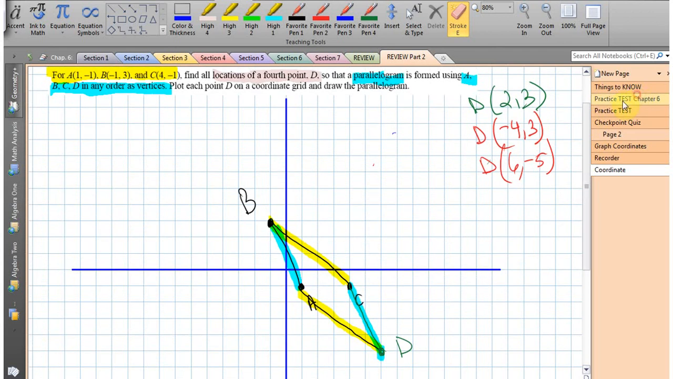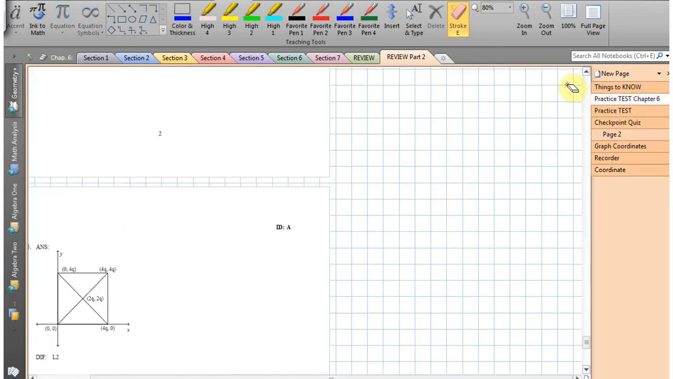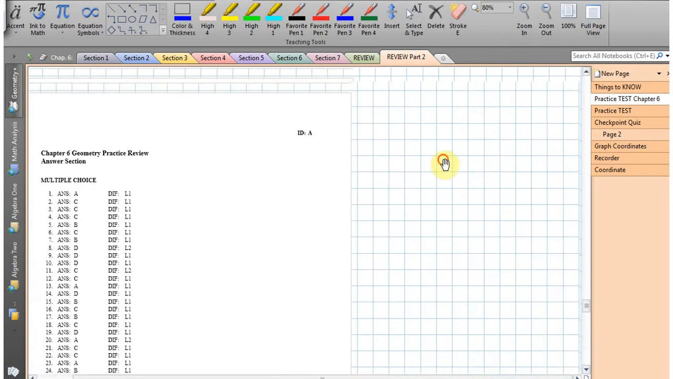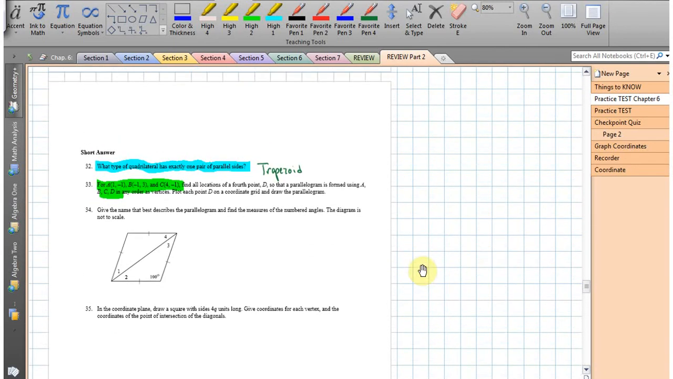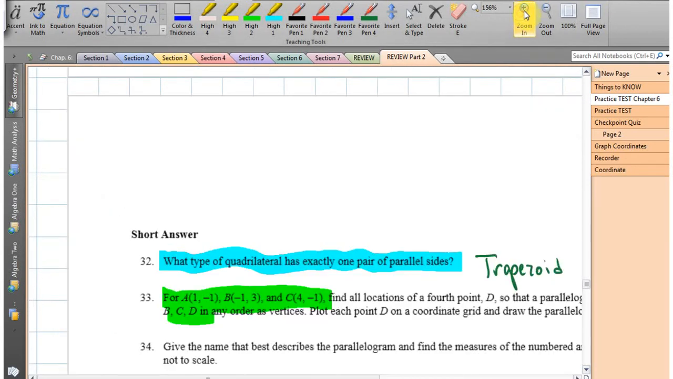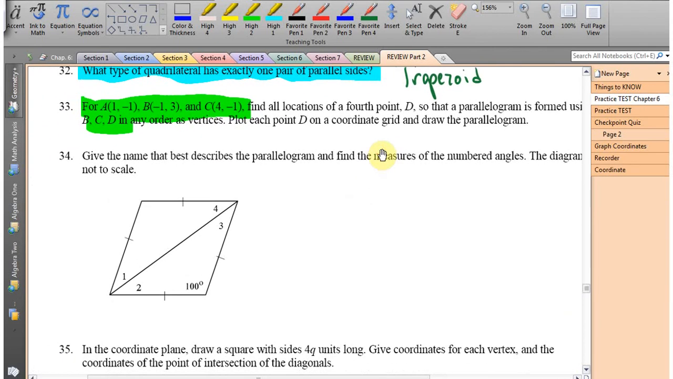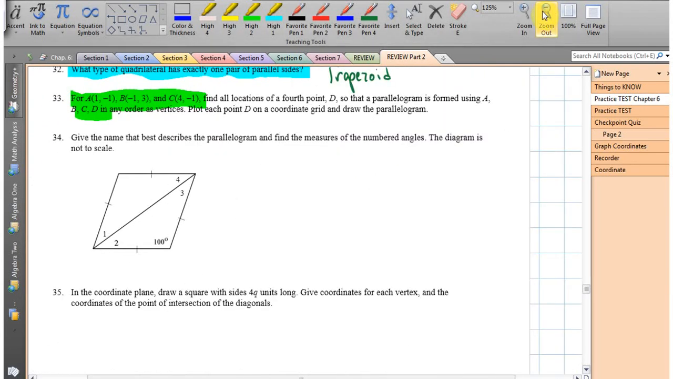Now let's go back to 33. Problem 33, where is that problem? It's over here somewhere. Let's find it. Let's make this a little bit bigger. Excuse me, that was 33. Let's do 34. So when we do problem 34 in here, it says give the name that best describes this